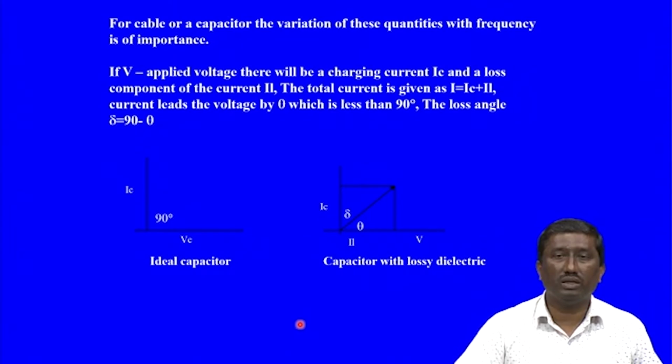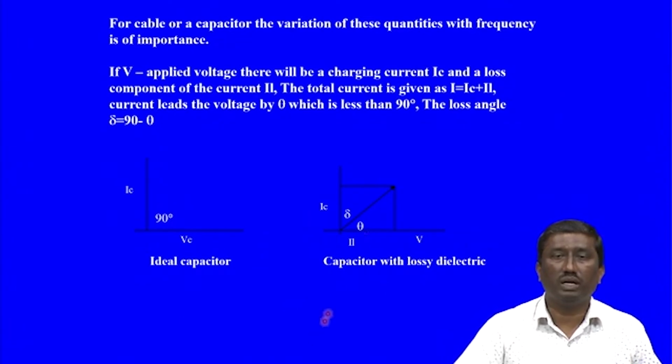The total current is given by the charging current plus the loss component, that is I is equal to IC plus IL. The current leads the voltage as you see here, by theta,